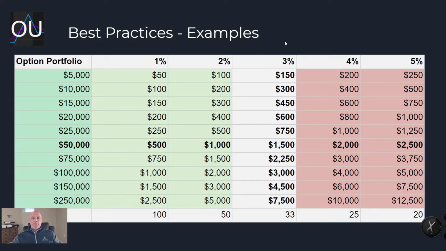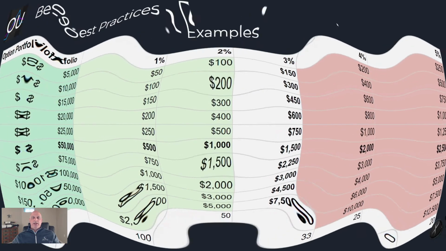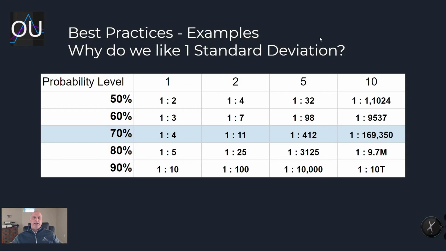And again, why do we pick these numbers? Why do we pick between 1 and 3%? Again, it goes back to probability. So now we're going to get into a little bit of probability discussion, as well as in the business we talk about option trading in terms of using standard deviation, right? So we know that stock prices, or at least option prices, tend to model more like Gaussian or normal distributions